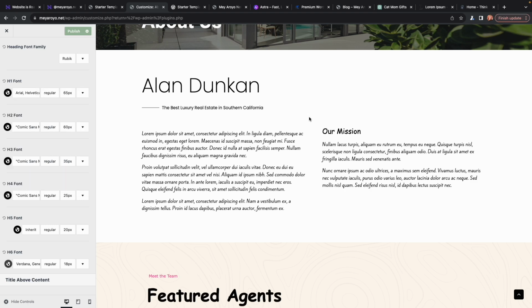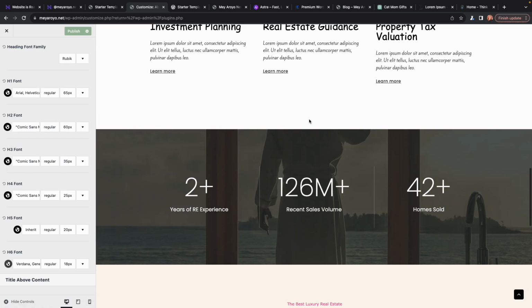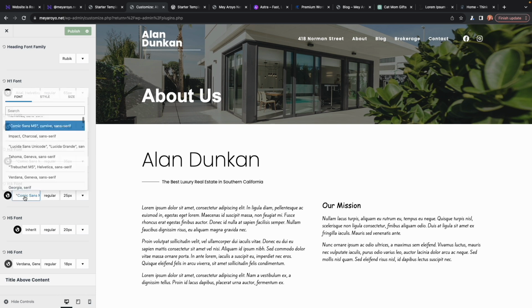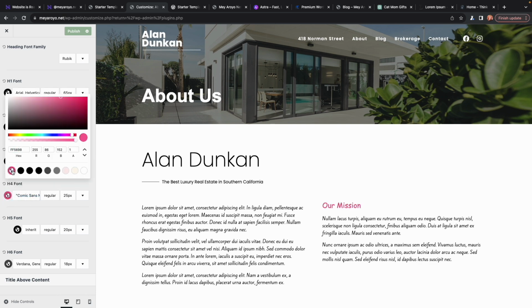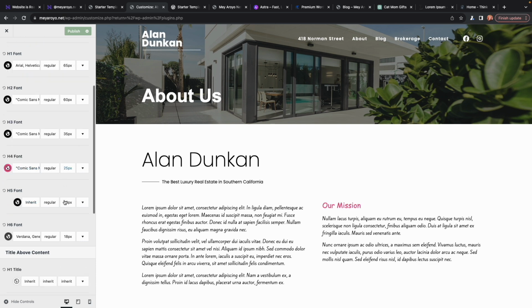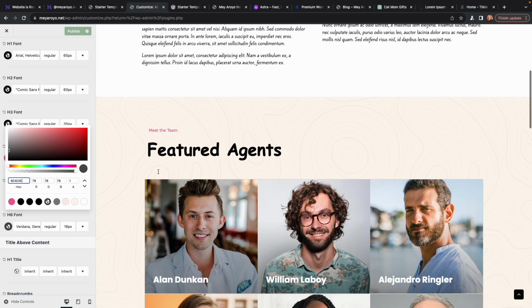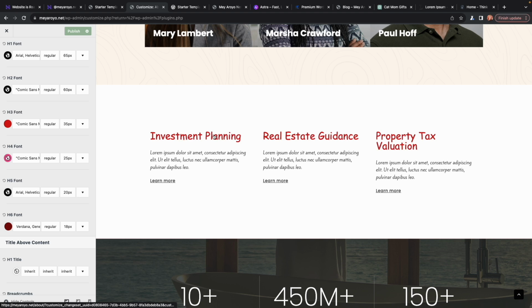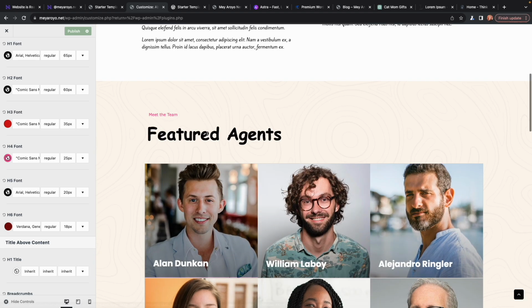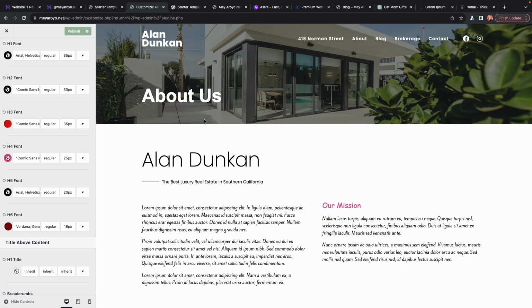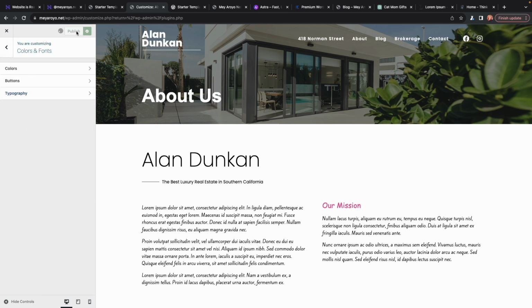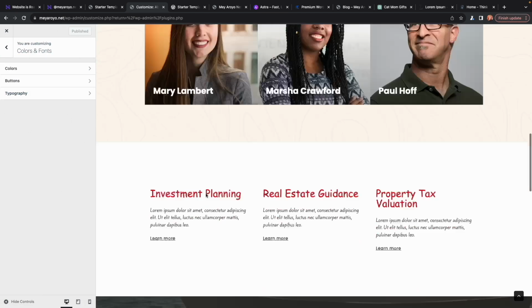Ta-da! And it basically changes it throughout the entire website. We can also decide that every time we have an H4, we want it to be pink. And every time we have an H6, which was here, we want it to be red. Sometimes it's not going to change everything you're doing because the font color was chosen from the page and not generic. Let's go back. We can click on publish if we want to save our changes,